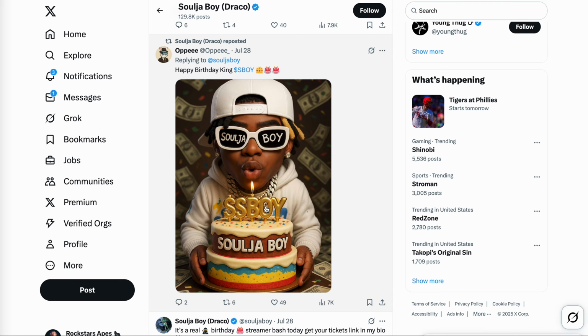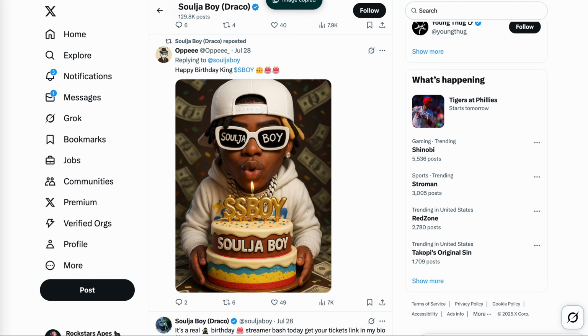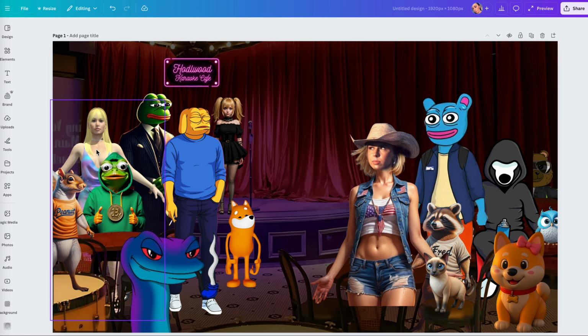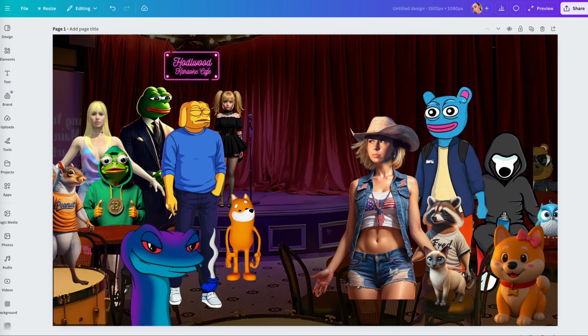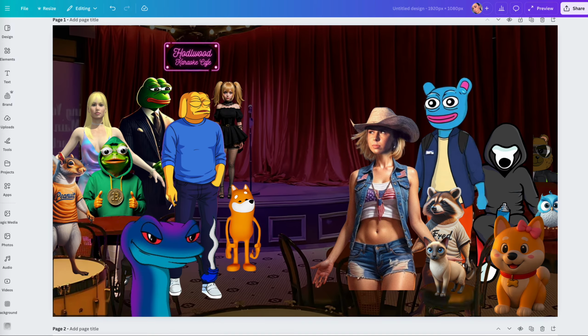So we're gonna actually grab this, okay, and we're gonna drop that in Canva. All right. So this is the scene already set for Soldier Boy, and as you can see, we got some of the other characters that we're gonna be promoting, and that's everybody from Hodlwood to Fred the Raccoon to Pepe to Andy, Redo, a bunch of characters.